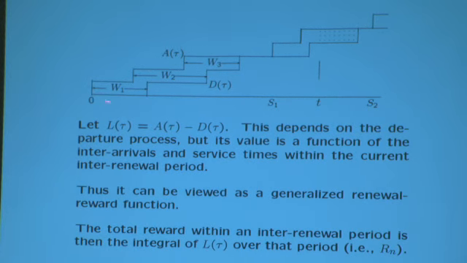You start out here, you're integrating up to here, 1 times d tau, then you have 2 times d tau, then 1, then 2, and then 1 again. But the easy way to integrate it is to say the integral is W1 plus W2 times this height